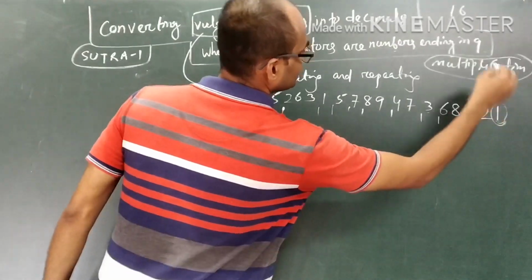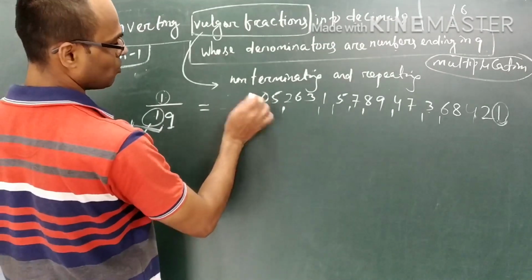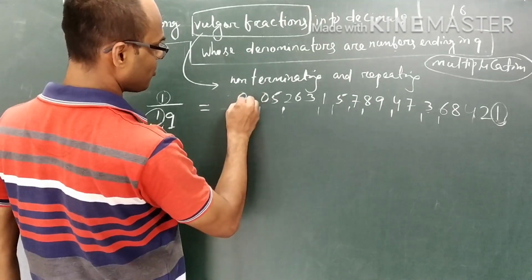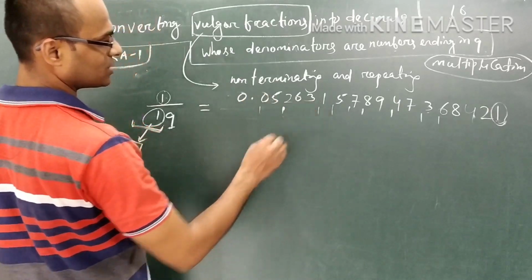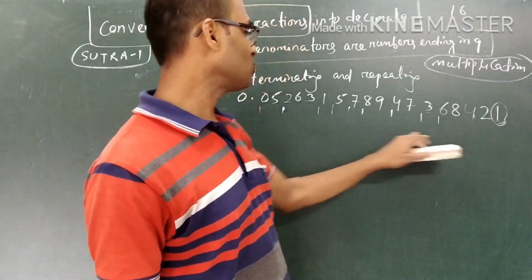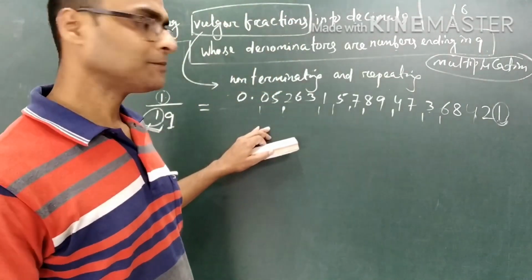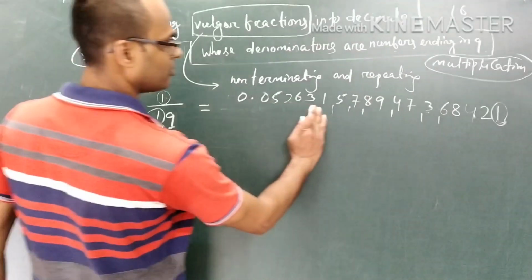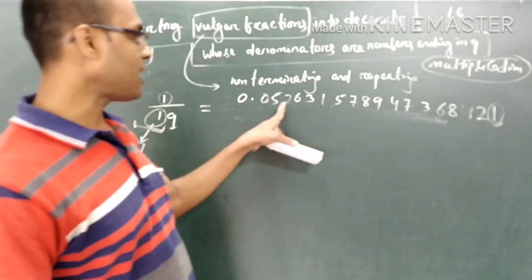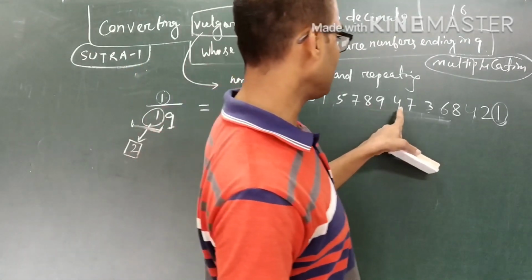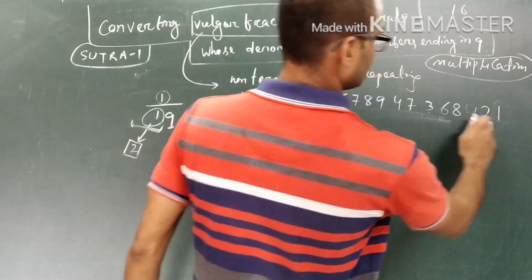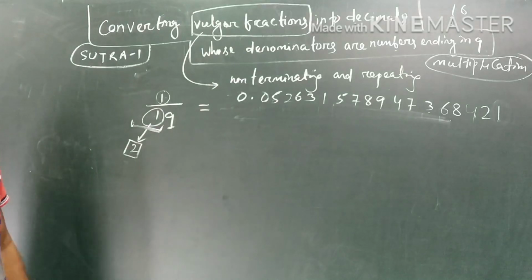We are getting the same number now. That means no other divisions are possible. So the answer will be 0.0526. That means we have to proceed with this method until the numbers are repeated again. Now you cancel all these carries. The answer will be 0.052631578947368421. See, in one line you are writing the answer directly.